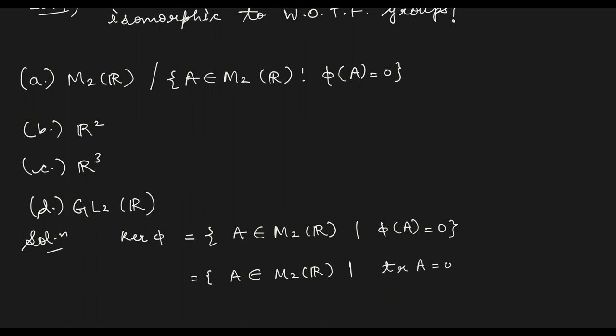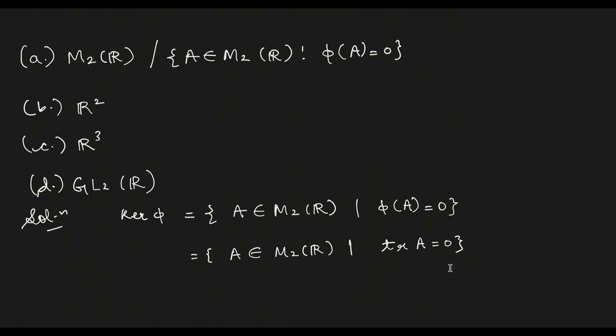So here we have trace of A equal to 0, no? ये isomorphism भी चलता नहीं होगा। तो फिर ये M2R या तो फिर R स्क्वायर होगा, इसमें GL2R भी नहीं हो सकता। नहीं, दोनों ही नहीं होंगे।